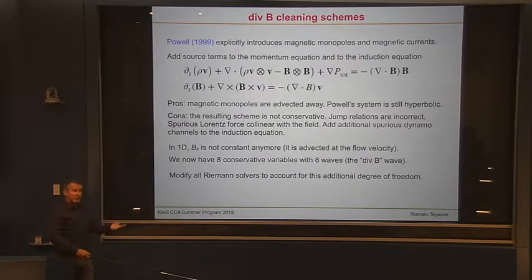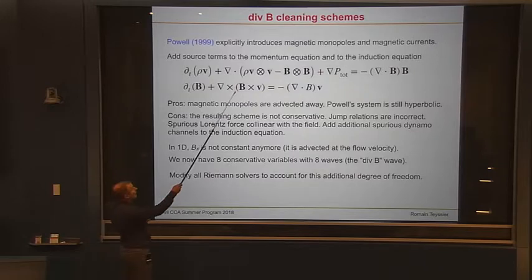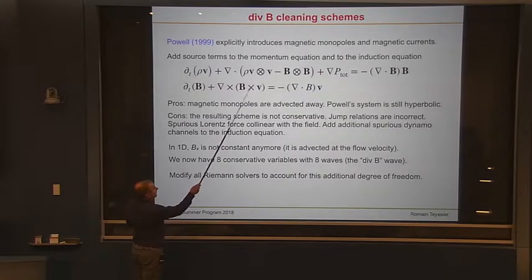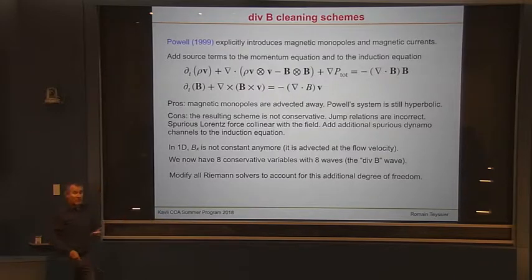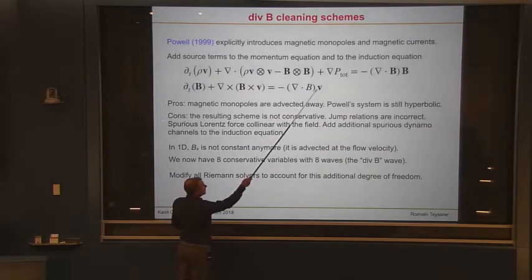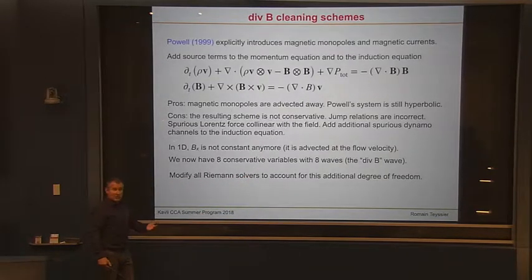So you can have spurious dynamos, because instead of, again, forcing the electric field to be perpendicular to the velocity field and the magnetic field, which is the big constraint here, now you have this new term, which is proportional to the velocity, which can create magnetic field amplification, possibly in situations where it should not be. But again, it depends on your application. If your application doesn't really care about all this, fine, it will work.